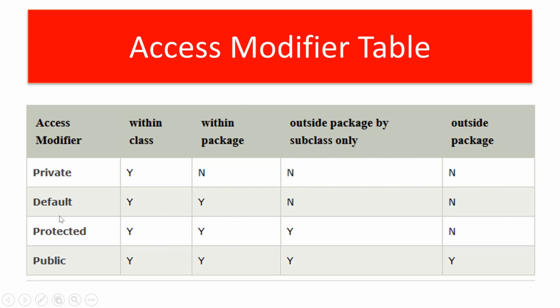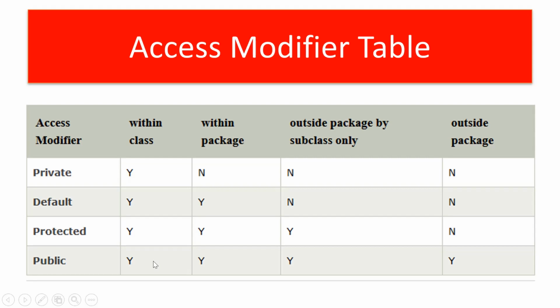So that is private. By default it can be accessed only within the package. So any classes that are present within same package can access this variable, but outside the package it cannot be accessed by even inheriting or not inheriting. A protected variable can be accessed within the class and within the package, and outside the package it can be accessed by using inheritance. That is, an outside package class can be inherited to the current class, and then we can access that variable. But without inheriting, a protected member cannot be accessed outside the package.